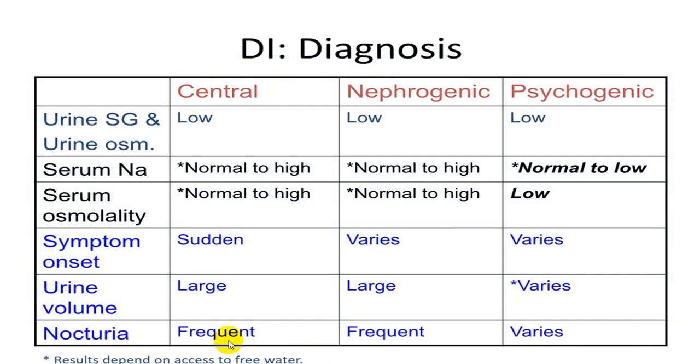This is a difference between central, nephrogenic and psychogenic. In the psychogenic variety, to differentiate between central and nephrogenic variety, if you ask the person to restrict water intake, a deprivation test, immediately the kidney will start concentrating, the urine specific gravity will increase, and that goes in favor of a